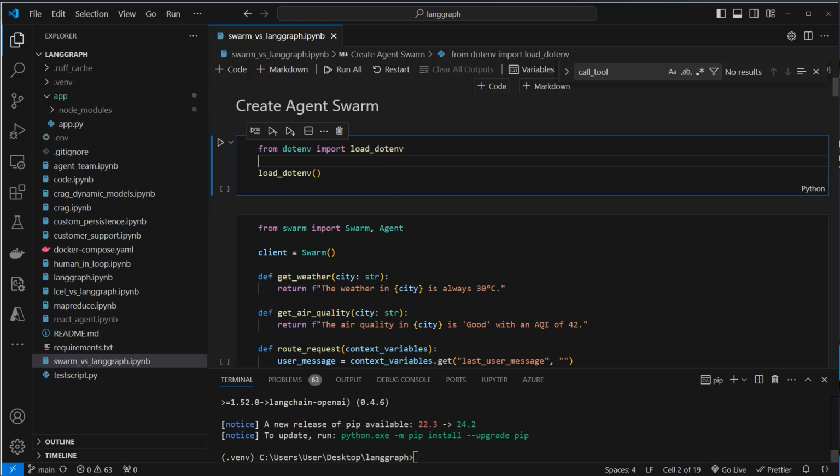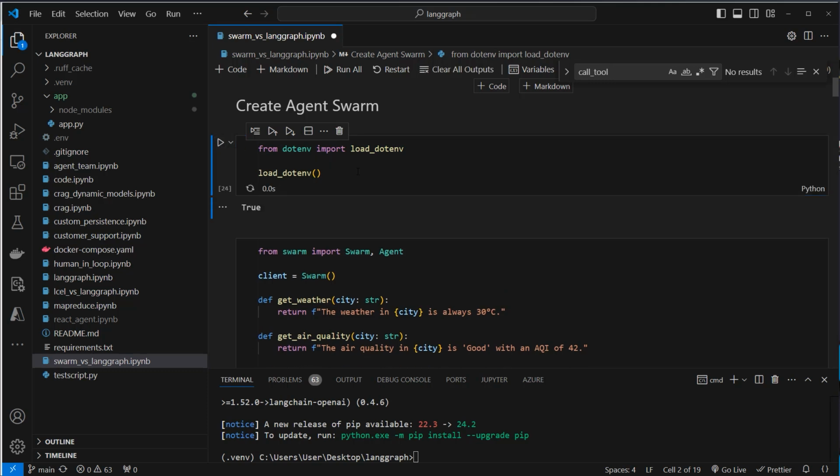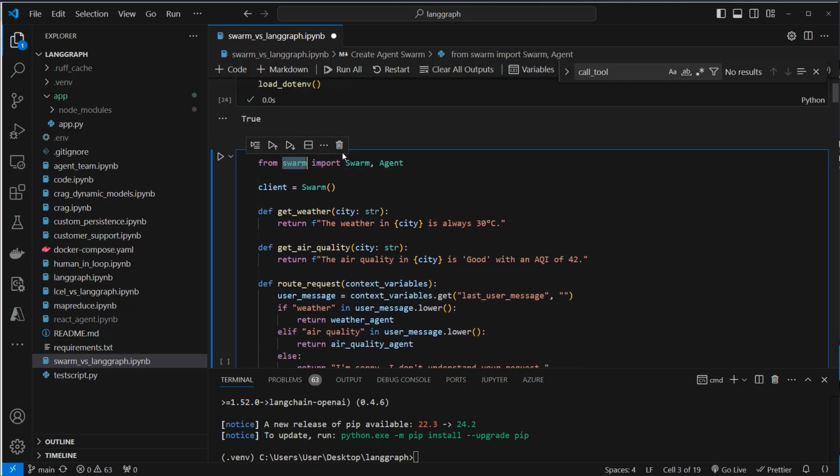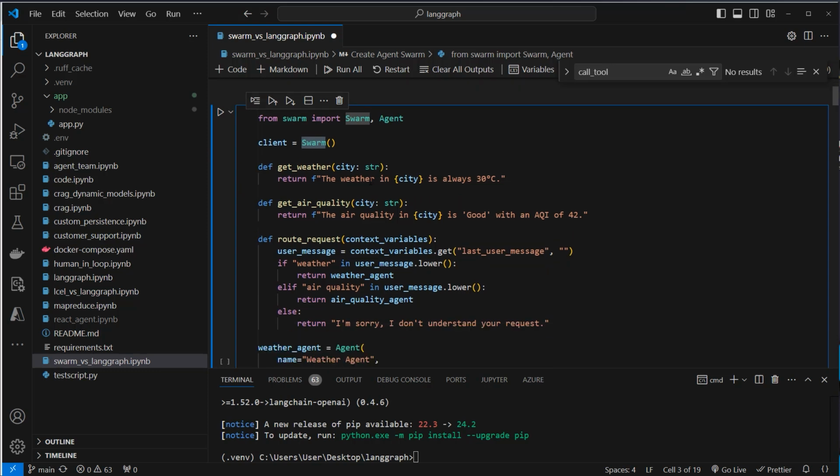First we're going to use load_dotenv to load the .env file. There is the OpenAI API key because we have to use OpenAI for Swarm, and we also use OpenAI for LangGraph. Okay, so now let's create our first Swarm. We run that code, import the OpenAI API key, and then from Swarm we just import the Swarm class and the Agent class. We create our client by just instantiating Swarm, and then we have to define the tools